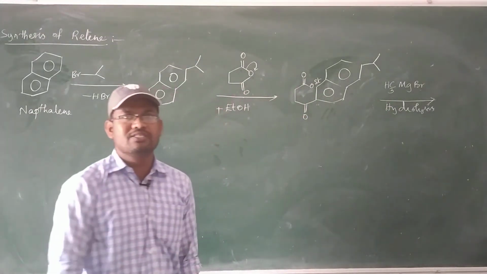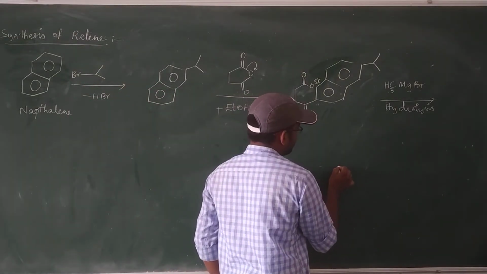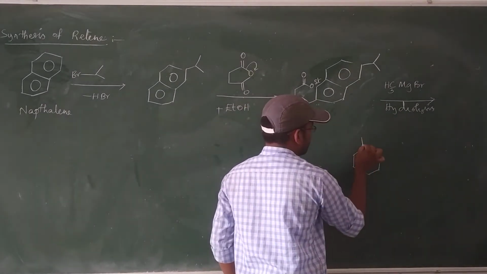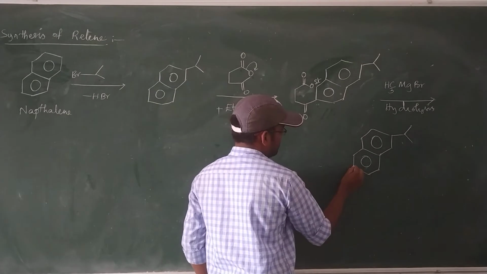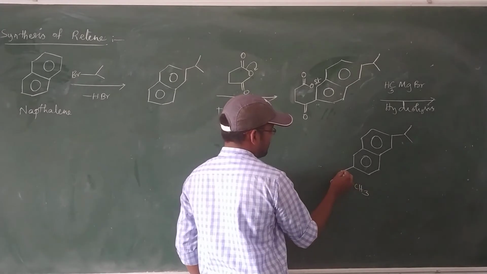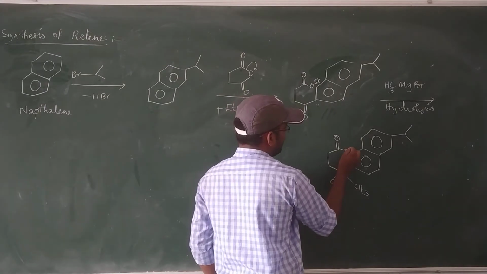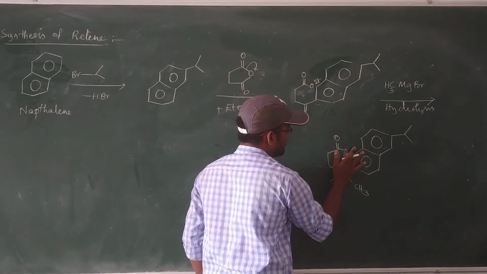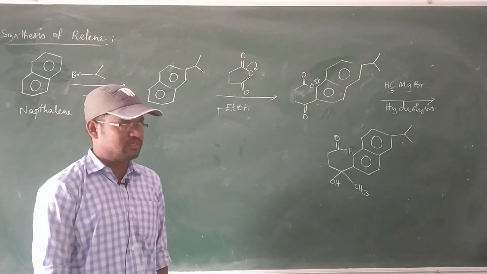When it is treated with Grignard reagent, methyl magnesium bromide, C double bond O is converted into alcohol simply by the substitution of CH3. Then we get this: this is isopropyl, one is OH and another one is CH3, and this is C double bond O, OEt. In the hydrolysis process, OEt is also converted into OH.